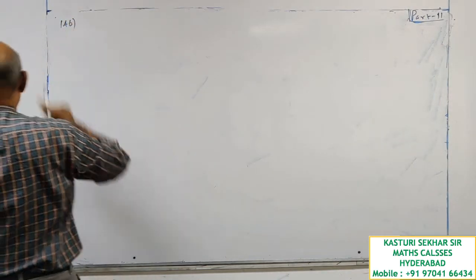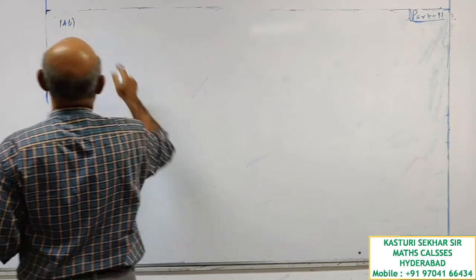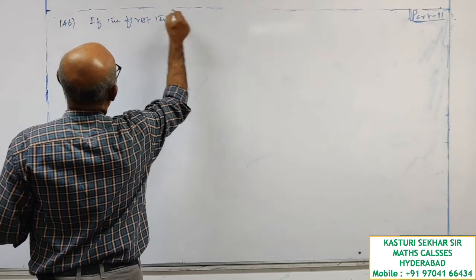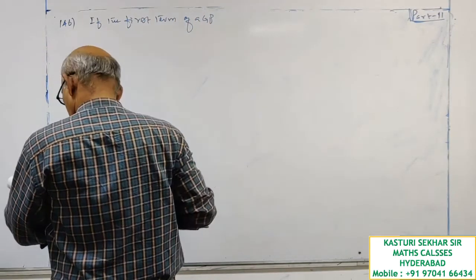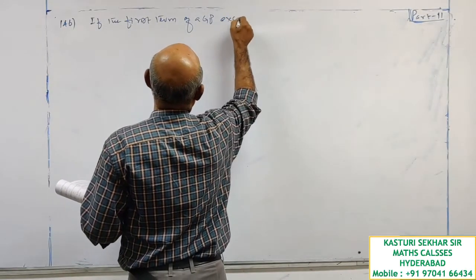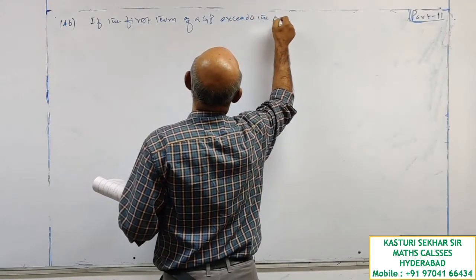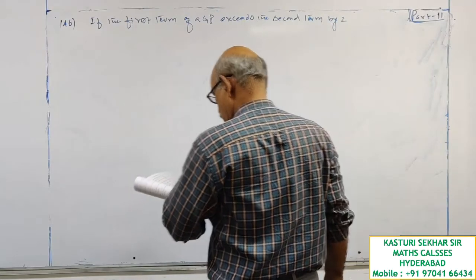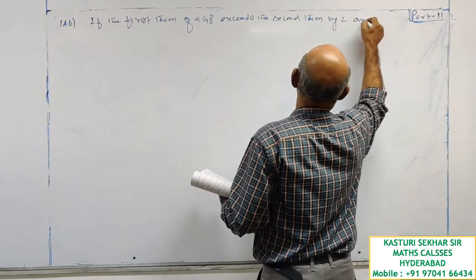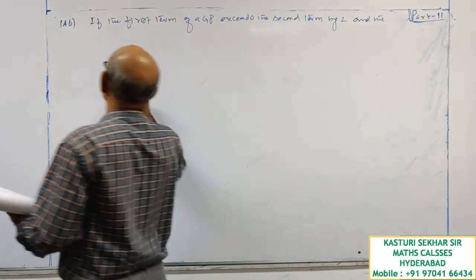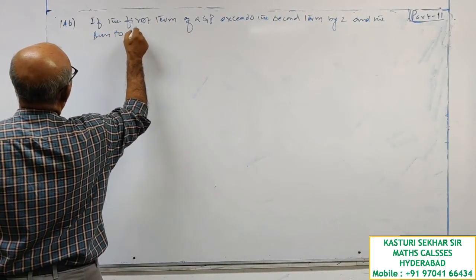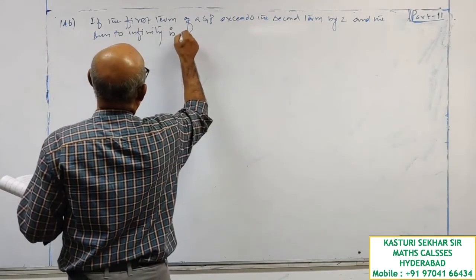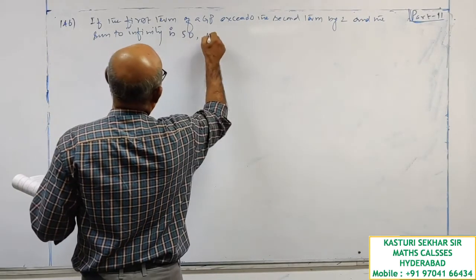Question number 146. If the first term of a GP exceeds the second term by 2 and the sum to infinity is 50. The series is,